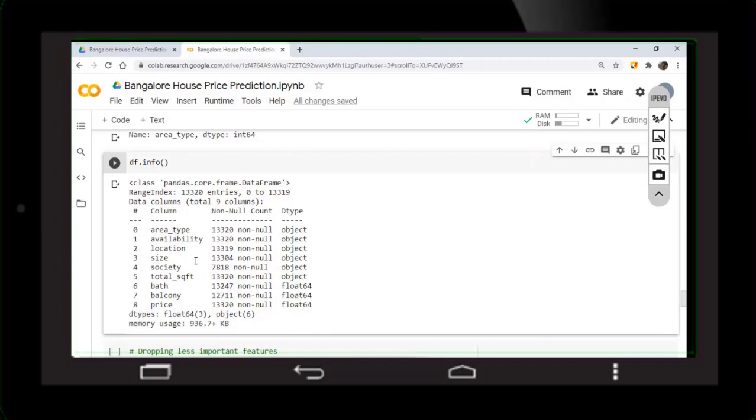So here we can remove columns which are not so important. Here area type is not so important and the society is not that important. So we will check the head.